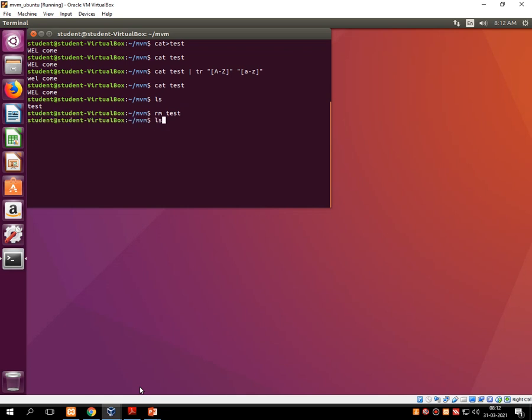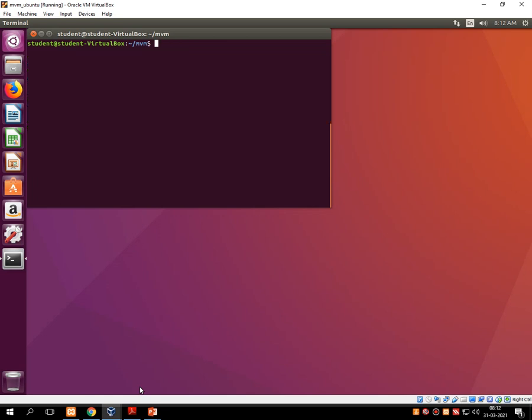Once I remove it, the working directory is empty. So let's create test.txt first, and in this test.txt write down: Unix is open source.